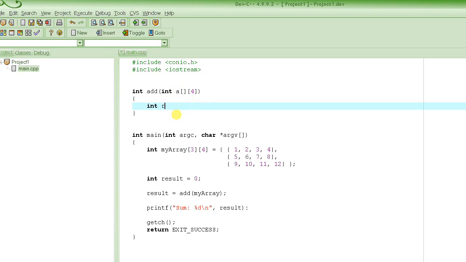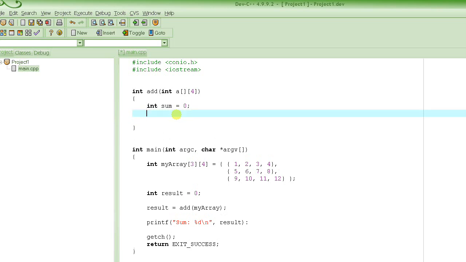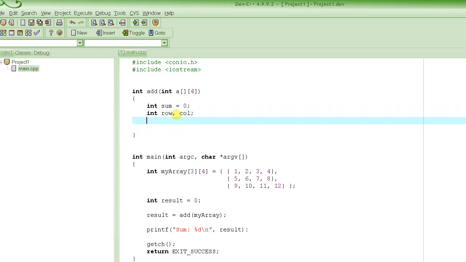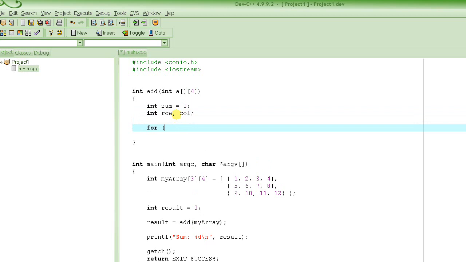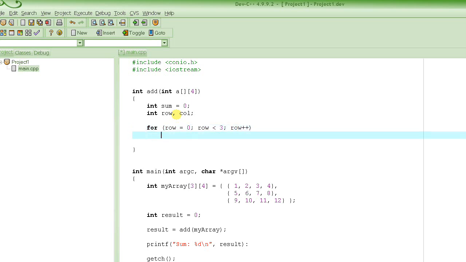First of all, we will have to declare the variable sum, where we are going to store the sum. Let's initialize it to 0, and then we have to visit all the elements. So we have to declare row and column as the loop counter variables. We saw in our last tutorial that whenever we have to go through all the elements in a two-dimensional array, we have to use nested loops, right? So we do the nested loops like this,